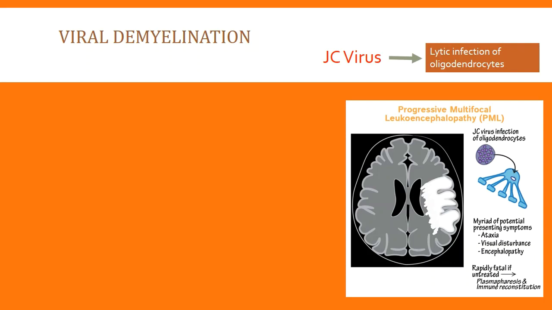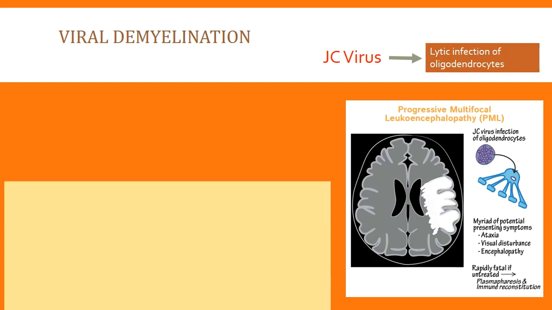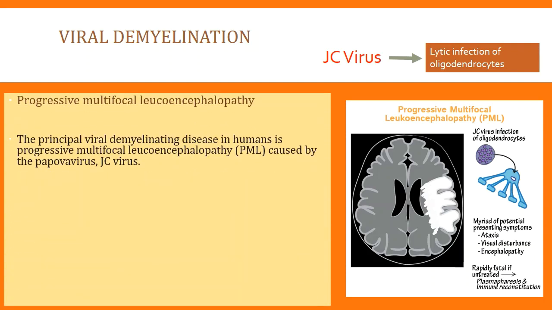Now coming to viral demyelination. Viral demyelination, as we all know, is caused by the JC virus. Progressive multifocal leukoencephalopathy, or PML, is nothing but the lytic infection of the oligodendrocytes caused by the JC virus. The principal viral demyelinating disease of humans is PML, and that is caused by the JC virus